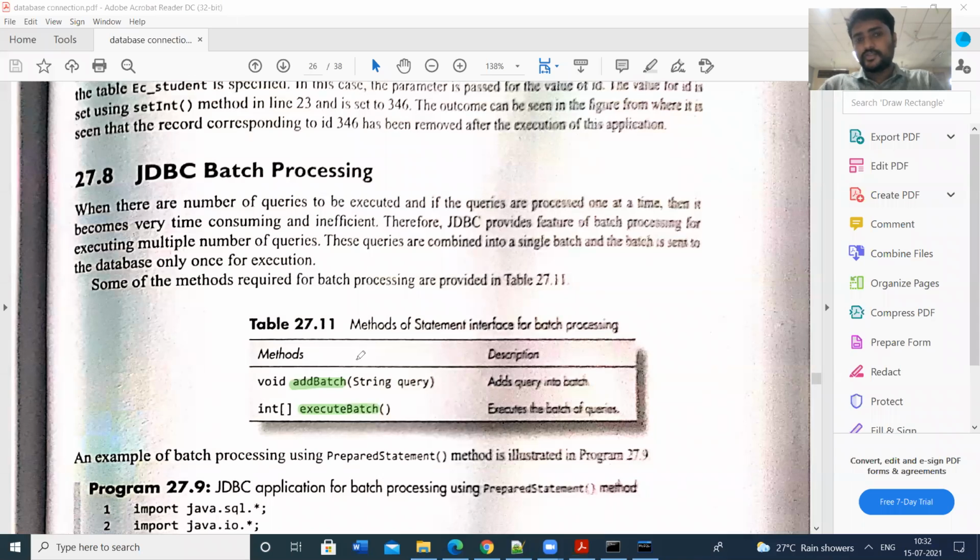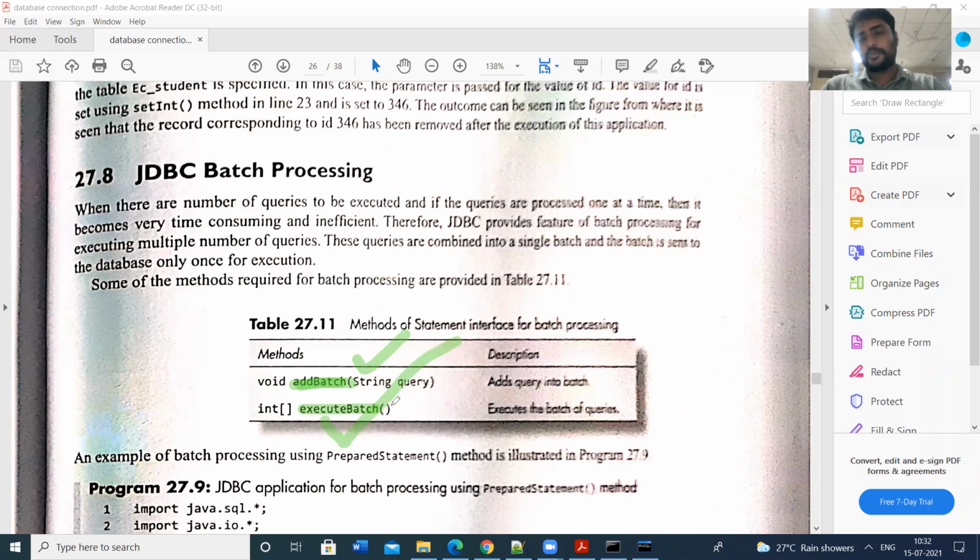After writing the query, we can add those queries using the addBatch method, and after that we have to execute them. For execution of the batch queries, we can use the executeBatch method.